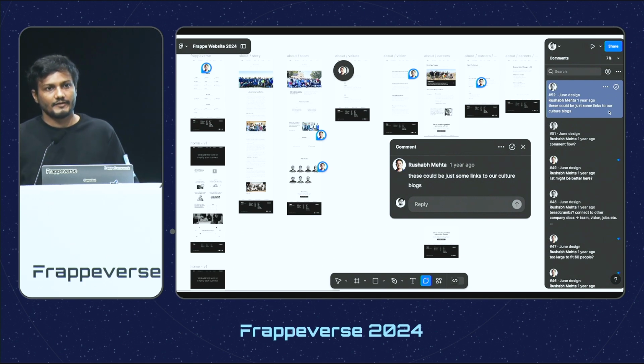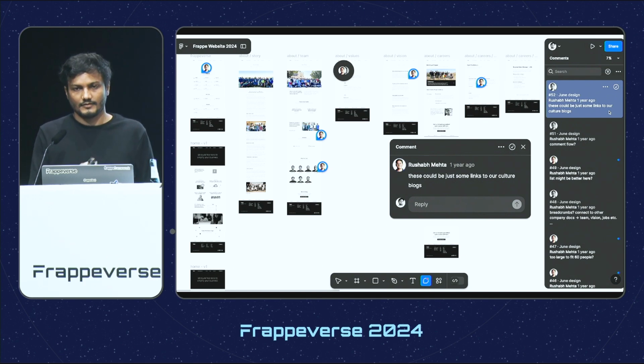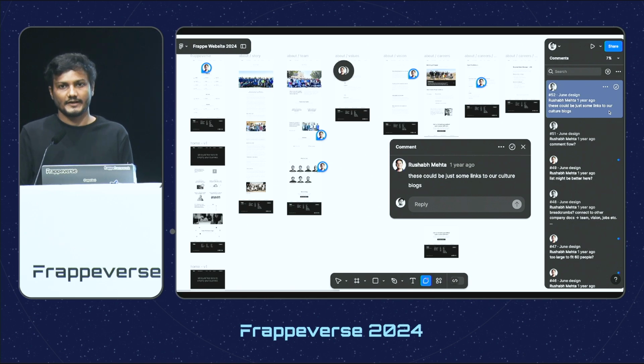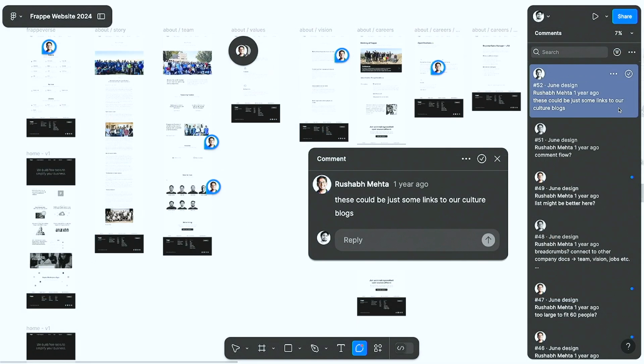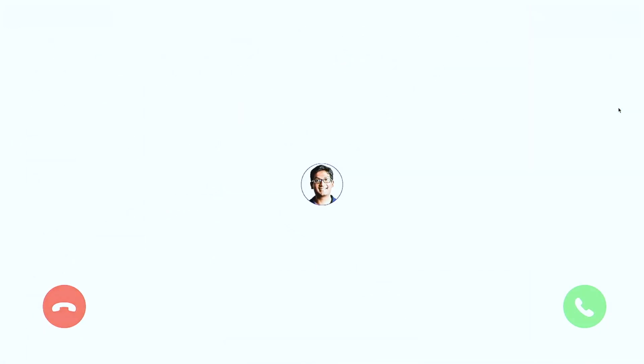So this is the design file on Figma, where I was designing the website. And it was a fine day at Frappe, and all the pages were redesigned, and the website was just about to go into development. And Rishabh was just leaving some comments on the file, some last minute feedback, when suddenly I got a call from him. So it was a sharp 7:30 in the evening, I vividly remember, because this was a very historic call which would decide the entire fate of the website. And in hindsight, this is the best decision that we made.